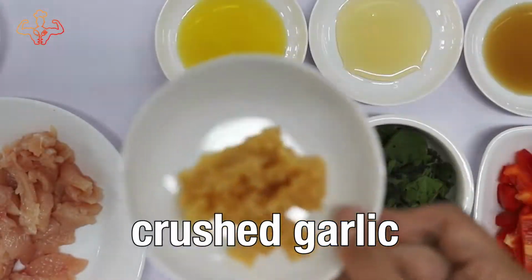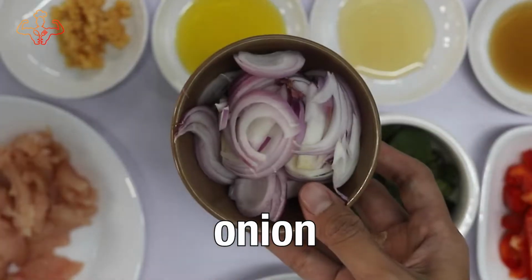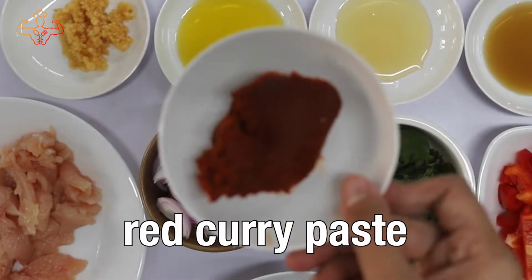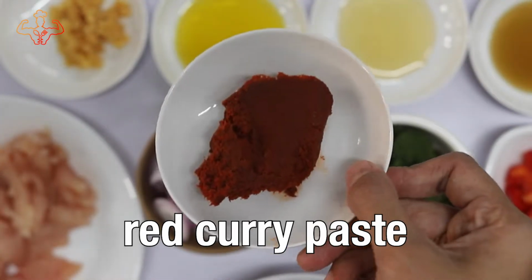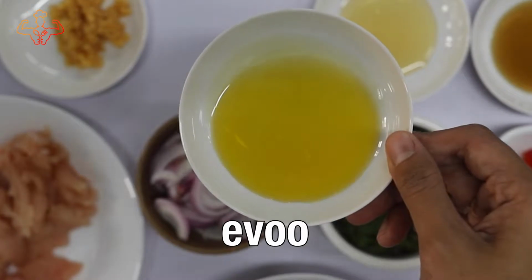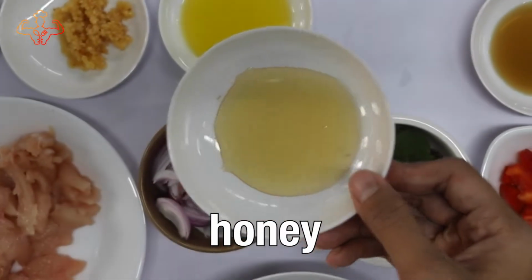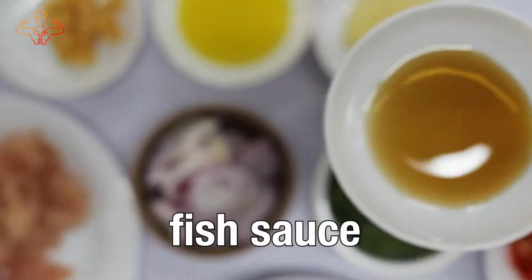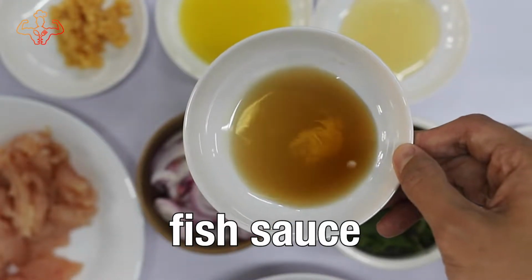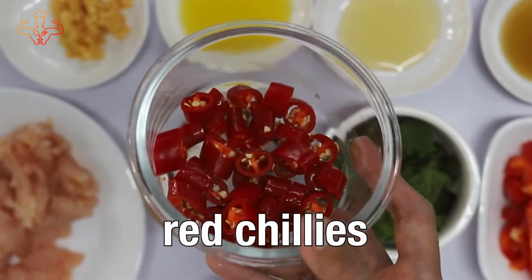So here's what you need. You need a tablespoon of crushed garlic, half a red onion, about 1 tablespoon of red curry paste, a tablespoon of extra virgin olive oil, a tablespoon of honey. I've also got 2 teaspoons of fish sauce, some red chilies,